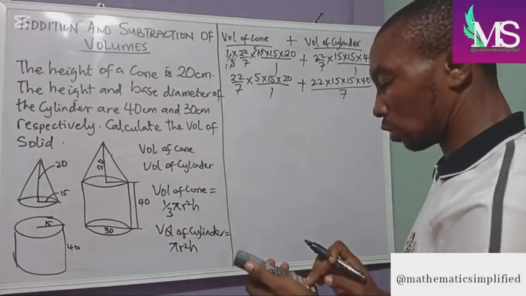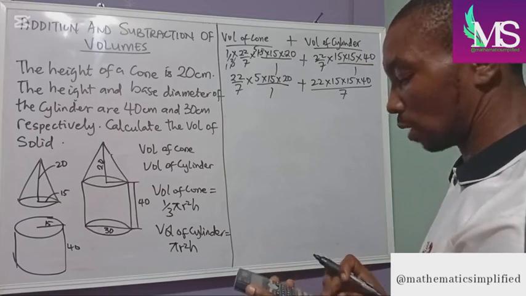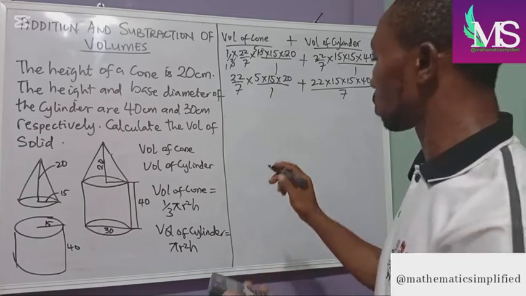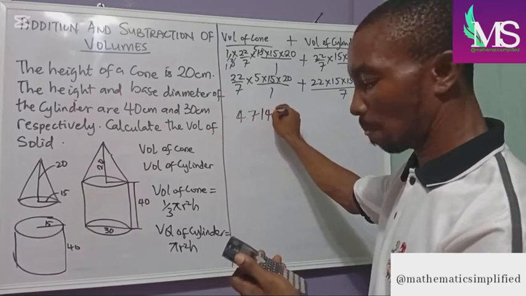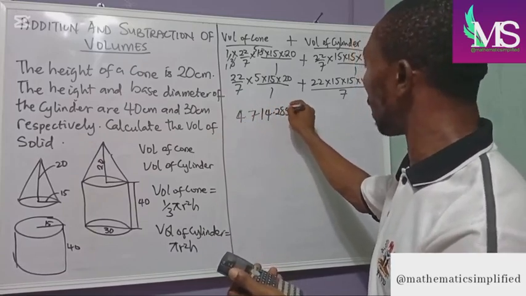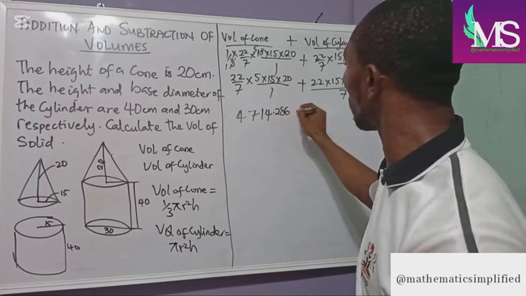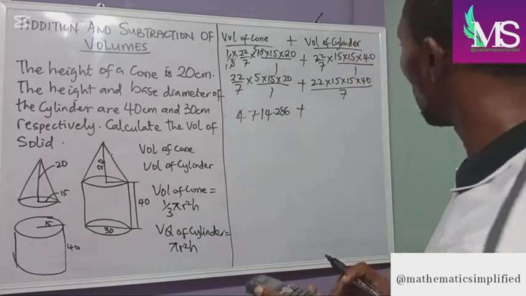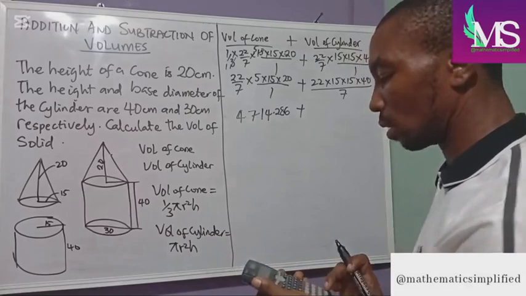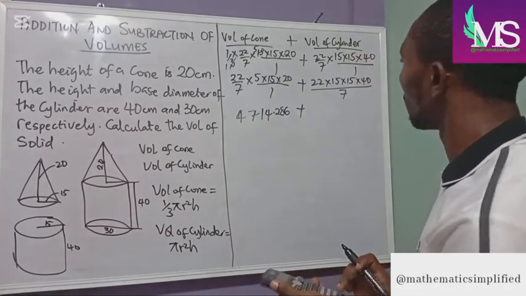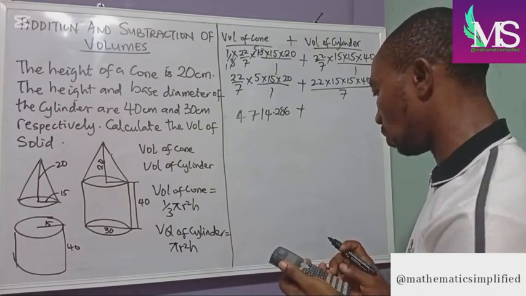There we are having 22 times 5 times 15 times 20, this is 4,714.285, okay, 0.286, let me put that as 0.286, plus 22 times 15 times 15 times 40 divided by 7 would give me